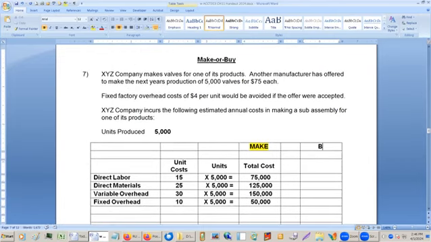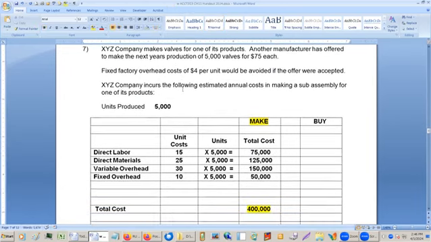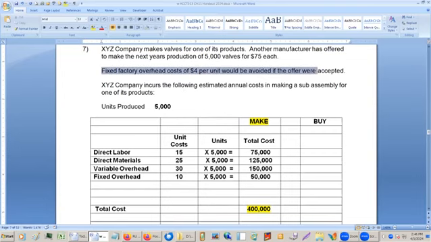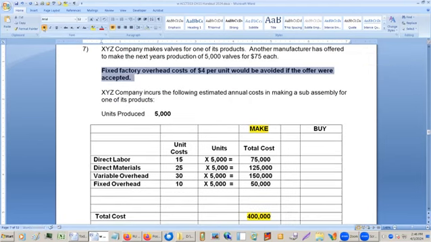And over here will be the buy. What do they tell us? Factory overhead cost of $4 per unit would be avoided if... okay, so they give us this in per unit cost too. All right, well, we can work with that. Okay, so let's see here. This would mean the avoided avoidable fixed cost would be